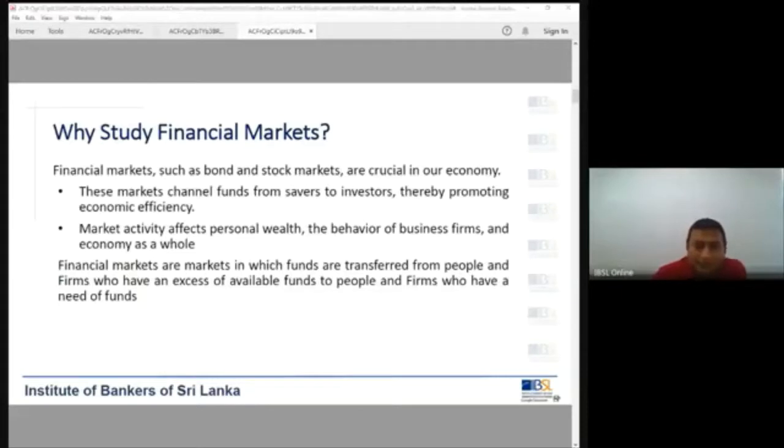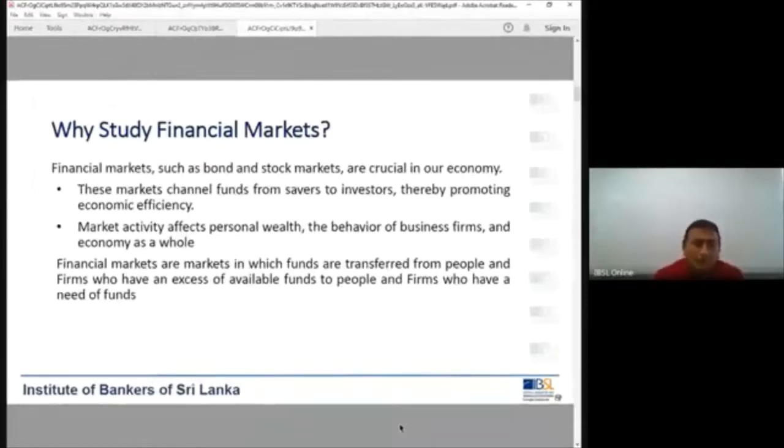Right? So you can see things here. Why do you want to study financial markets? Very interestingly, the financial markets, where financial assets are exchanged, are very, very important for any economy. Why? Because these markets: the bond market, stock market, foreign exchange market,